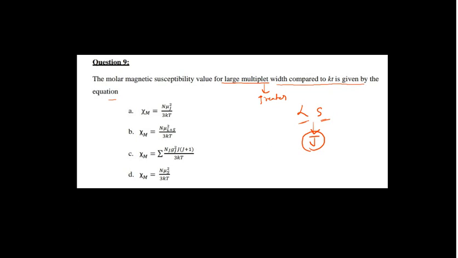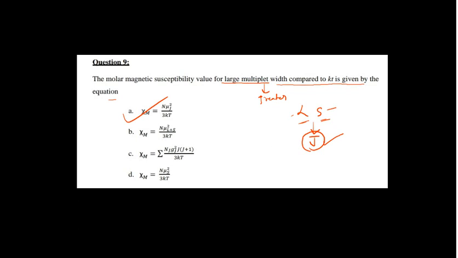And you see J becomes a very good quantum number in that case, and your quantum numbers L and S will not dictate the ultimate magnetic properties. So magnetic properties would be decided by the J value, not by L and S, because when the multiplet width is greater, they are strongly coupled to produce this quantum number, and this will decide the magnetic property. In that case the molar magnetic susceptibility value would be given by this particular formula. Molar magnetic susceptibility, that is chi-m, whatever you want to say, would be equal to N mu square J divided by 3kT. But again this problem is based on your memory.